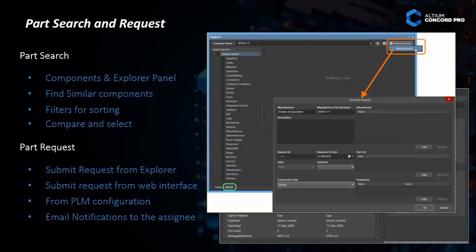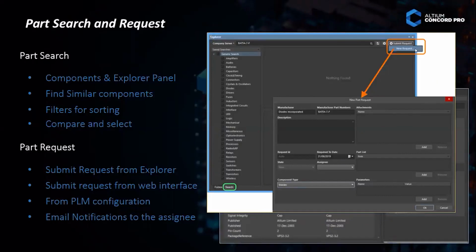Okay, and we can compare also. If you select two components, it will give you the comparison list. So both components are similar, and what is the difference? Sometimes you are comparing two different ICs from the same manufacturer, but only the package is different, or the voltage is different, or the number of pins is different. So we can compare them, and which one we are going to use can be selected.